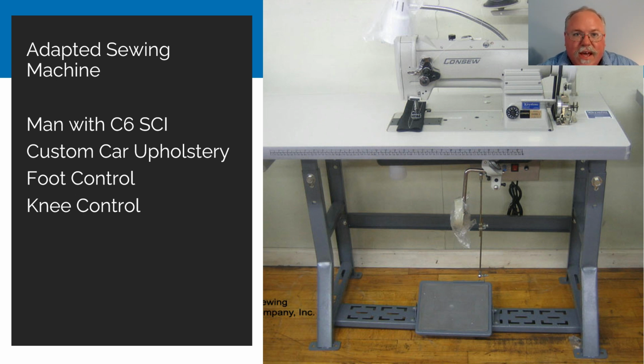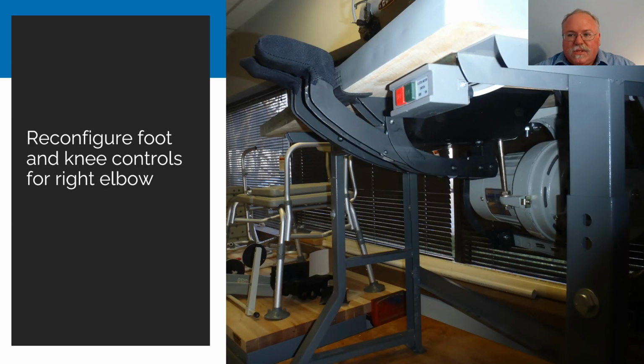And so we had a gentleman who had a spinal cord injury. He had been working in an upholstery business before his injury, and he wanted to be able to return to doing that. But he was not going to be able to use his standard sewing machine. He couldn't use his feet, his knees, his legs to operate a commercial sewing machine. And so he needed somebody to provide him with a sewing machine that didn't require any foot or knee controls. And so we got his sewing machine, took it to our shop,